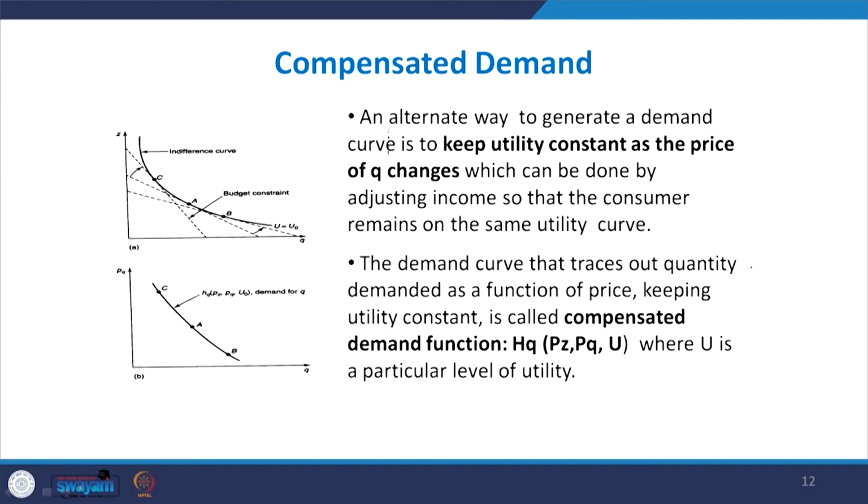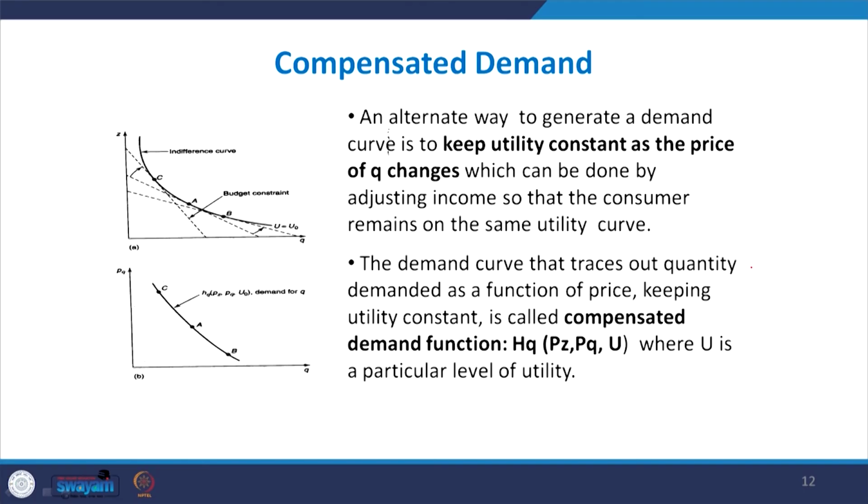So, this compensatory demand curve is drawn from the same indifference curve, taking different price ratios. Although when you look at the compensatory demand curve and the ordinary demand curve, the graph appears to be the same, they are not actually the same. The C, A and B, all 3 points on the ordinary demand curve indicate different levels of utility, but on the compensatory demand curve C, A and B, all these 3 points show the same level of utility, meaning a given level of utility can be achieved by the consumer using different combinations of two products